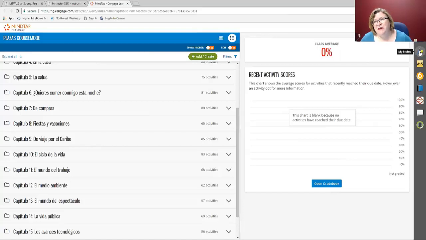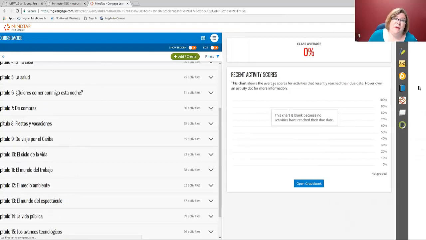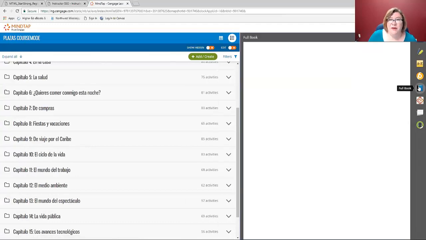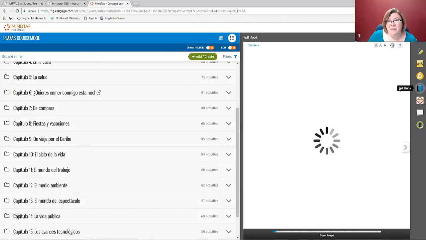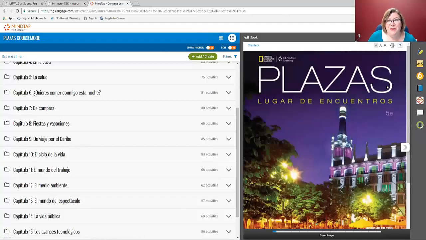Most of these are fairly simple. There's a note where you can highlight, there's a little glossary, a dictionary, a portfolio, but I really want to just jump and show you the ebook. We can access the ebook 2 ways. We can access the ebook through the app deck over here on the side, and you can make it bigger if you want. I'm not going to, because when I'm screen sharing like this, sometimes it does something wonky to the screen.